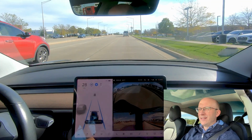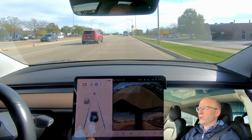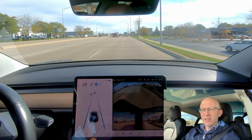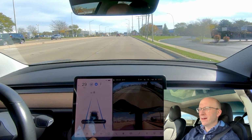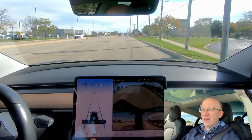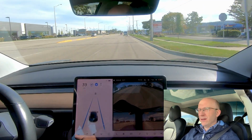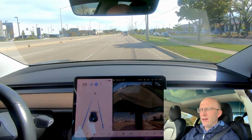All right, here we are, day number 6 of the full self-driving beta entry challenge. Let's see if I can maintain my score of 99 to be let in by midnight tonight for full self-driving. That is, if they are on time. We will find out. So we are in autopilot, going 40 in a 35, and coming up on a red